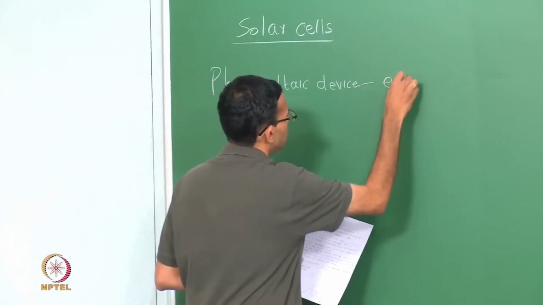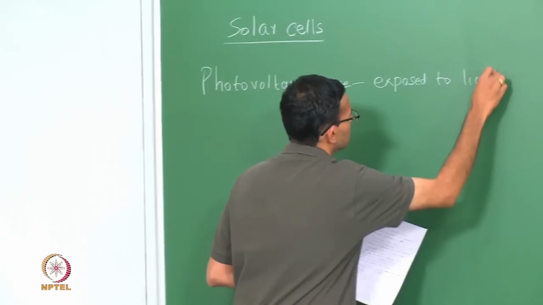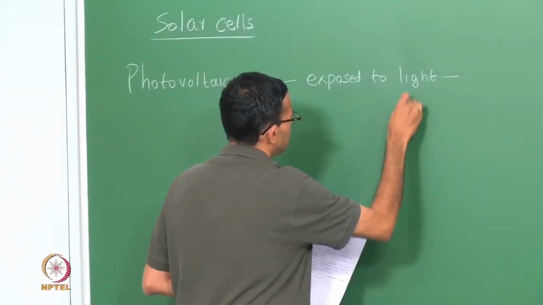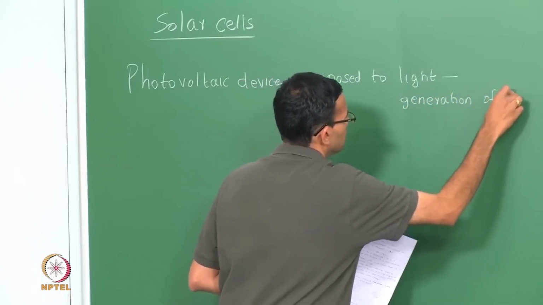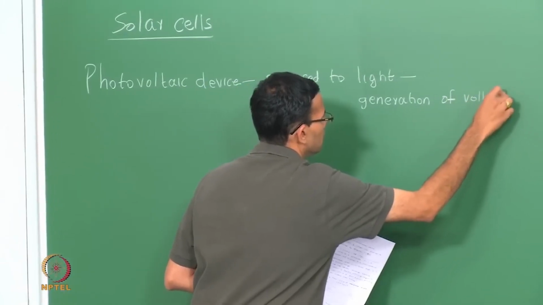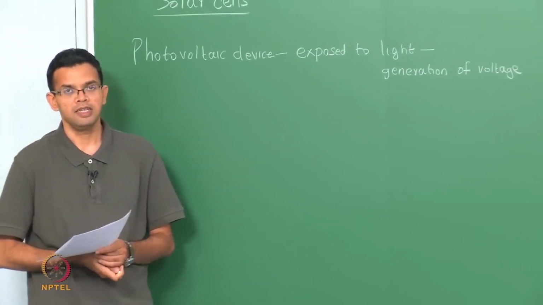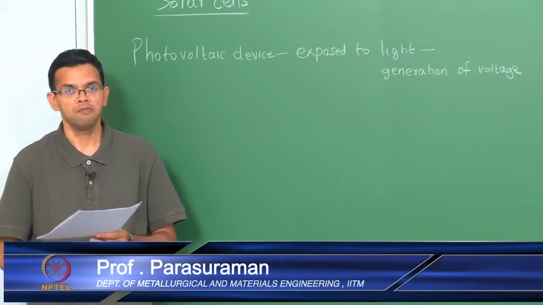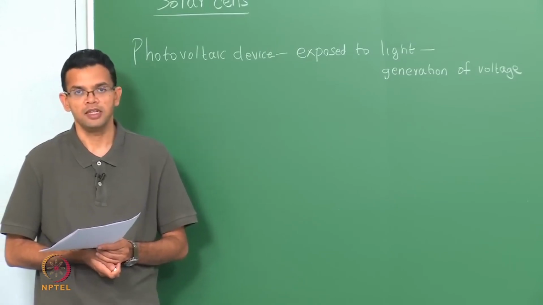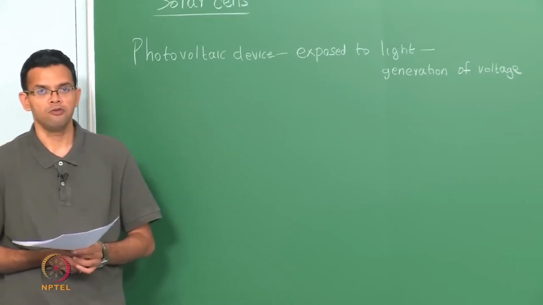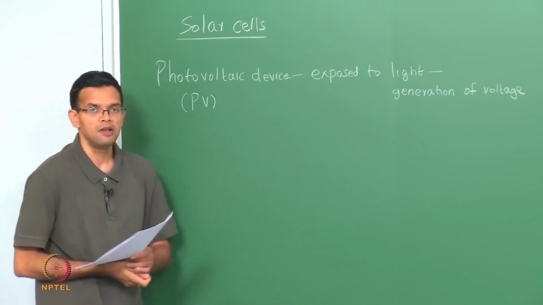That is, it is a device where you have a generation of voltage when exposed to light. Photovoltaics were first discovered by Henry Becquerel in 1839, but the first silicon based p-n junction photovoltaic was invented by Ohl in 1940. So, the principle of a photovoltaic, let me just abbreviate this as PV, is similar to the